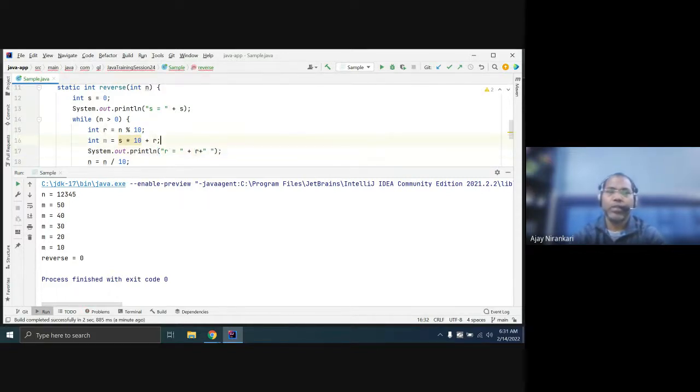Plus, and print this. Just take sum. What is the next sum? Whatever the remainder you are getting, just plus, multiply by 10. So here s equal to.